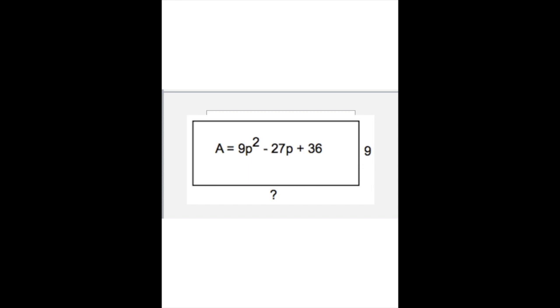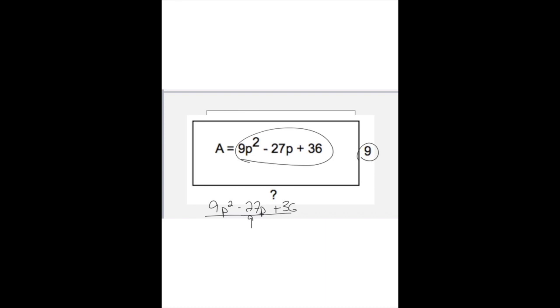And so simply we can change this and set up equations so that we can find that length by dividing the area by the width. So we will make a division statement: 9p squared minus 27p plus 36 divided by 9. Sorry, I don't necessarily have nice writing on this, still learning how to write on this. There, ish. All right, so if we divide this out,